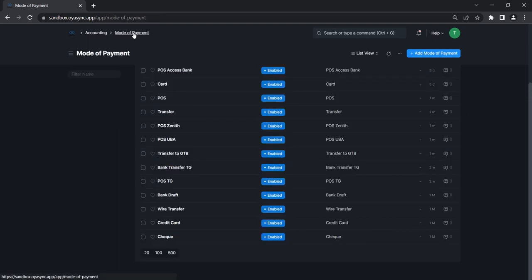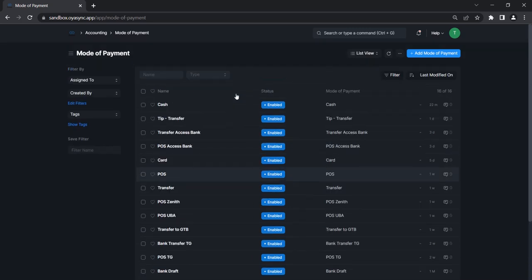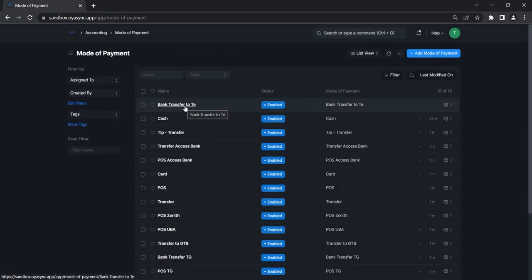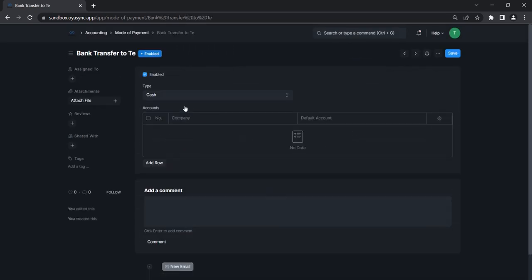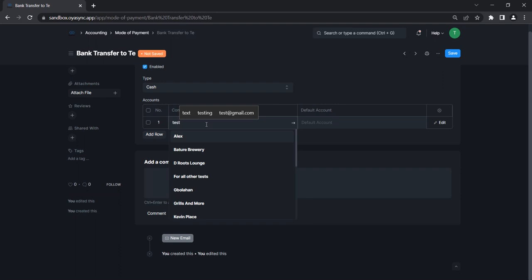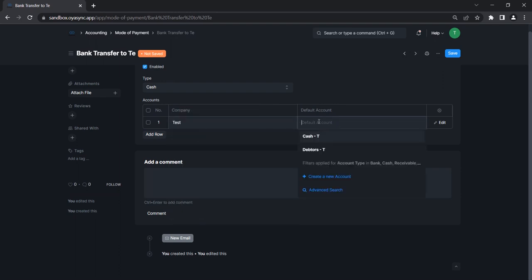Then so we're going to create a new mode of payment called bank transfer to TE. So it's going to be called bank transfer to TE, which is the name of our bank that we've just created. All right, so this mode of payment now we are going to be linking it to our company. So click on add row, then change this to company's name is test. Then we're going to, default account is going to be